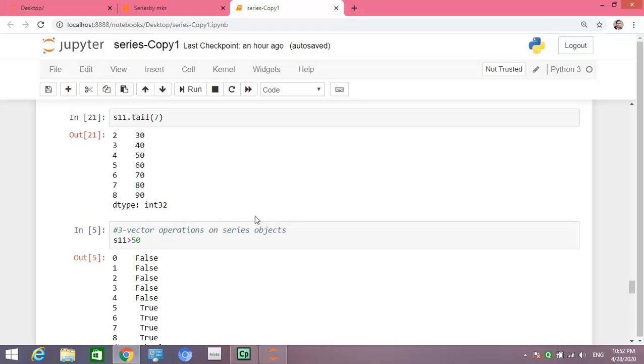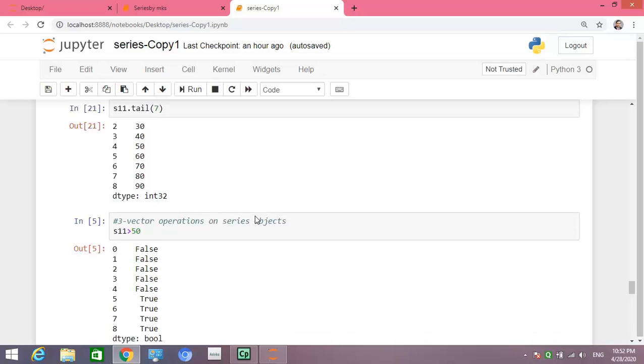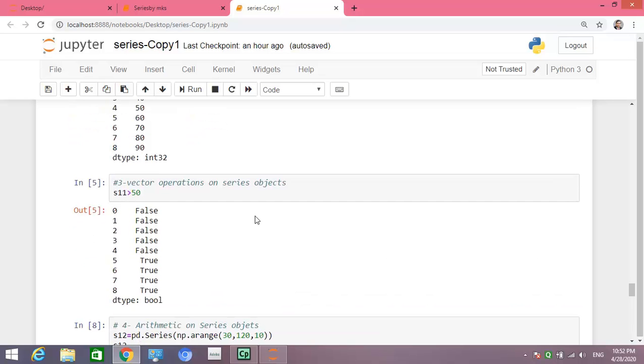Now you can also display series values on a given condition.